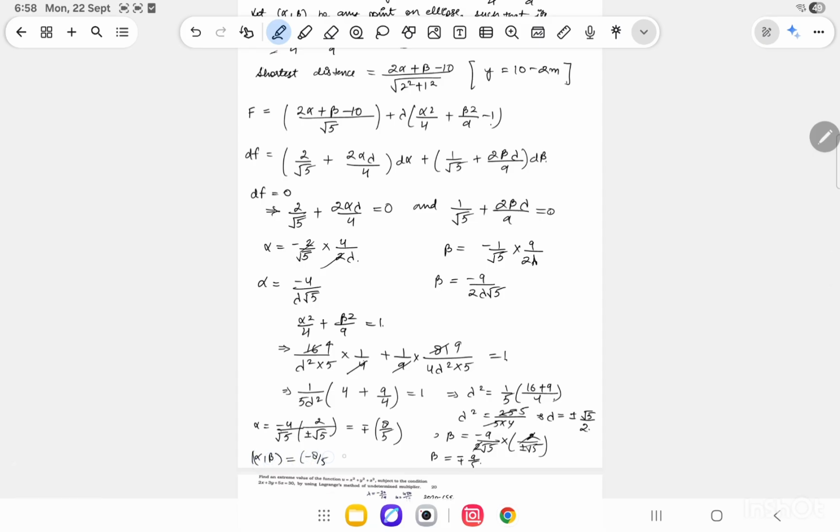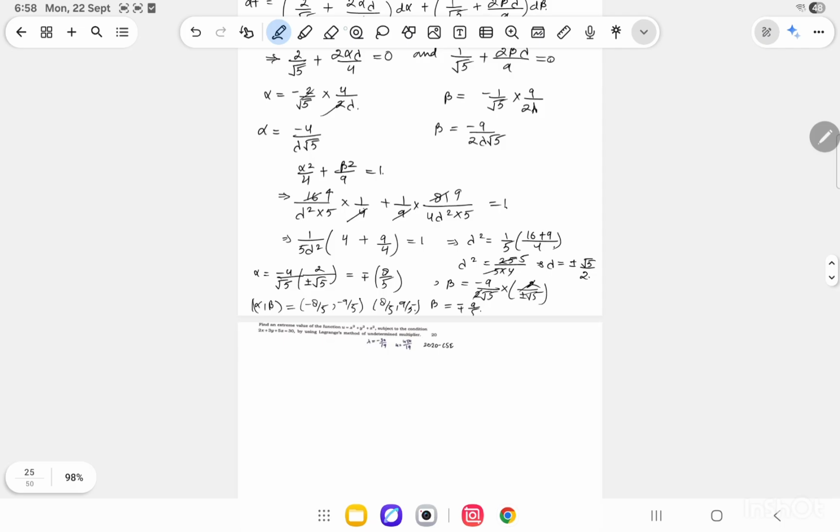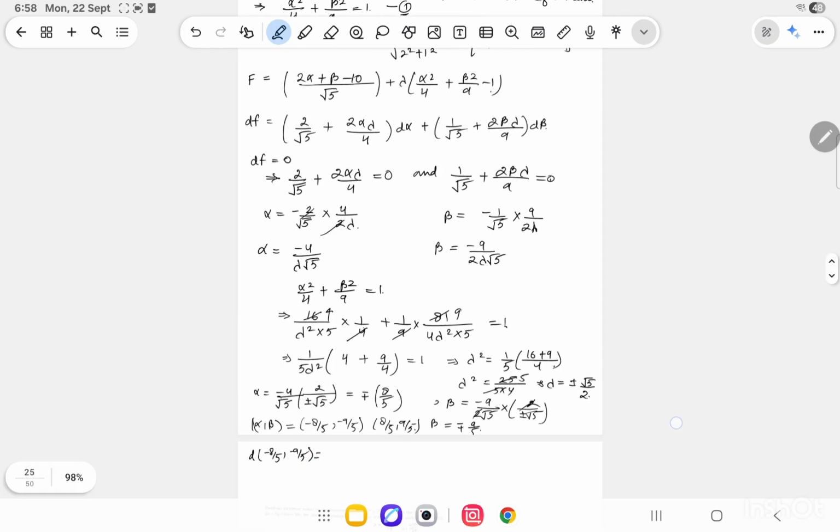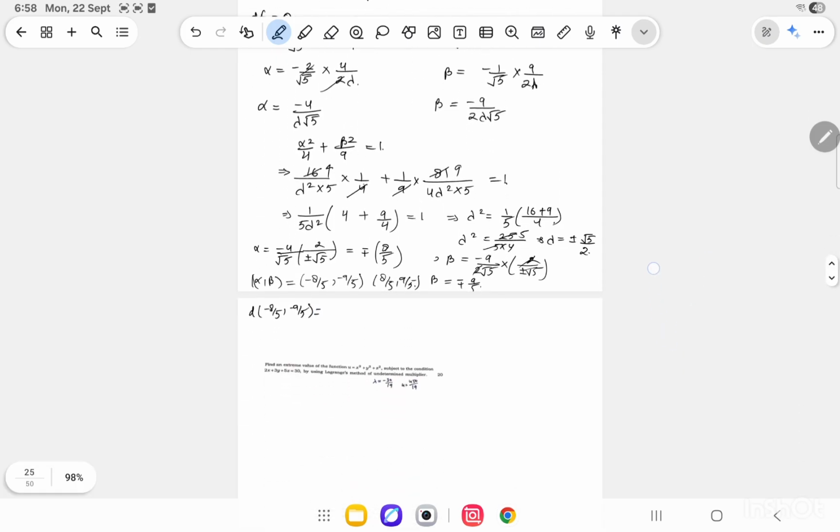So we have two values, that is minus 8 by 5 and minus 9 by 5, and 8 by 5 and 9 by 5. So if you just substitute positive values, then let's just calculate distance. So distance d at minus 8 by 5 and minus 9 by 5 will be equal to 2 alpha plus beta minus 10